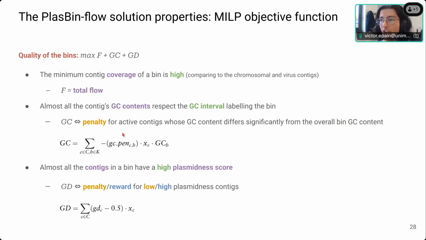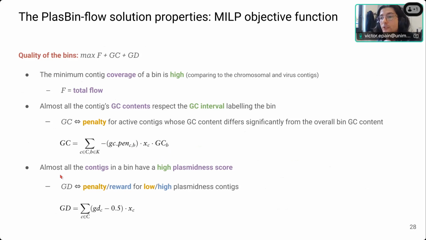You have a coefficient, the GC penalty, for the contig c corresponding to the GC content interval b, then they multiply by the binary choice of choosing or not the contig, and the binary choice of choosing or not the interval for the bin. So they multiply two binary variables. This is not linear, but you can use some tricky strategies to transform it into linear variables and linear constraints.